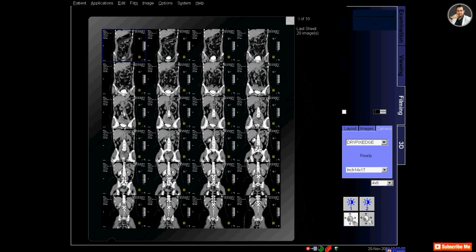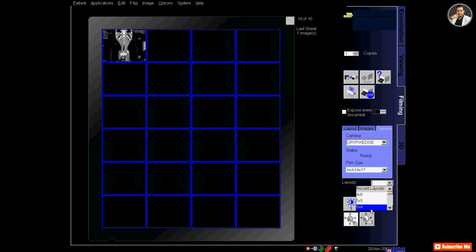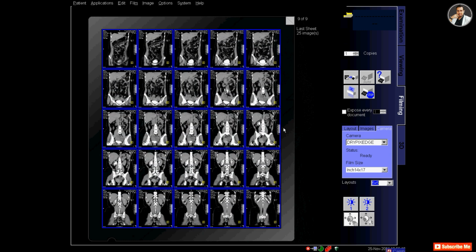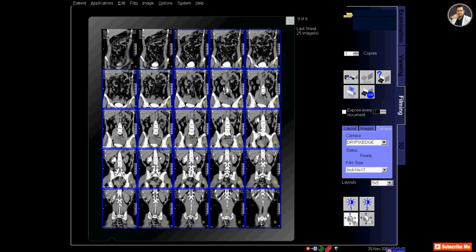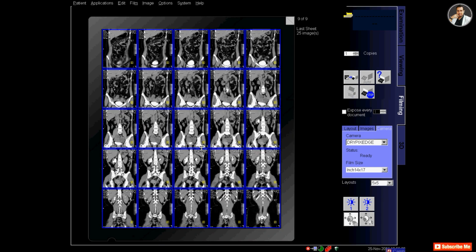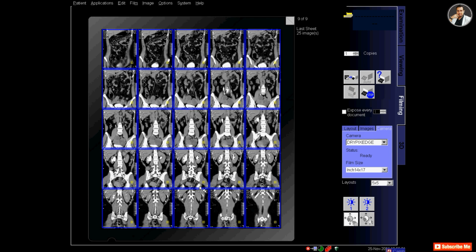So now click save and send it to the film and go to filming, and for the coronal film change the layout to 5:5. So these are the 20-minute films from the urogram.